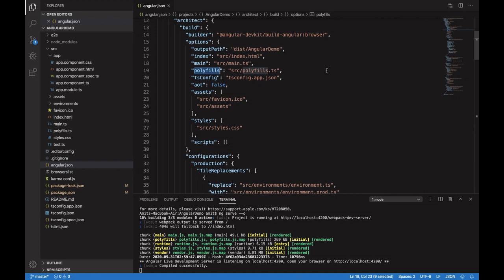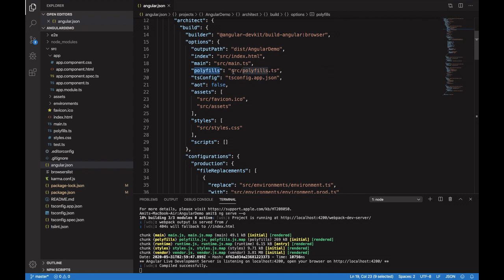So it is very hard to execute the complete application in the older browsers. To communicate all the changes of the new browsers to the old browsers, polyfills files are used. Basically it is a type of JavaScript code that tells the older browser how your application is going to behave, to support the older browsers.